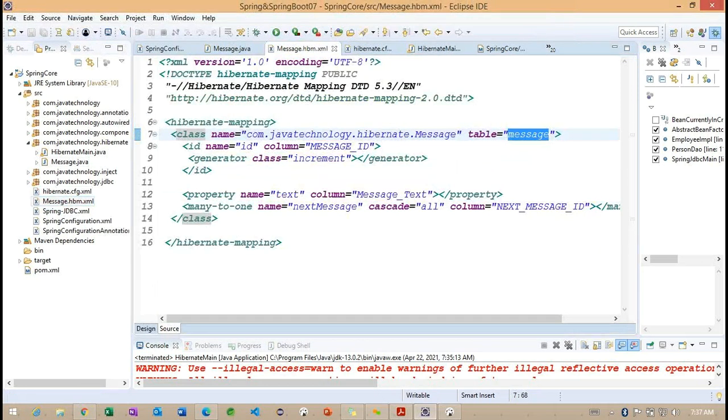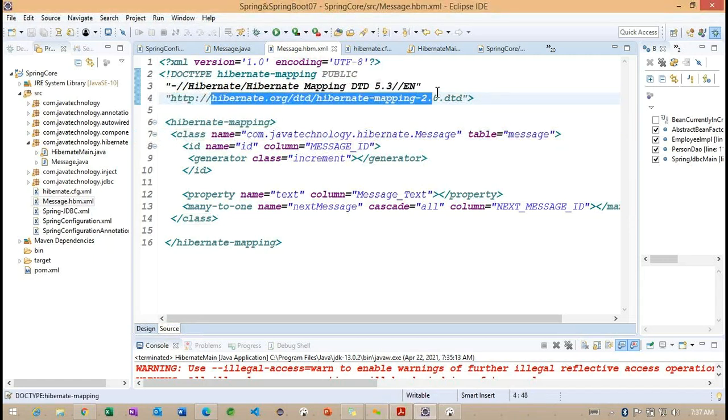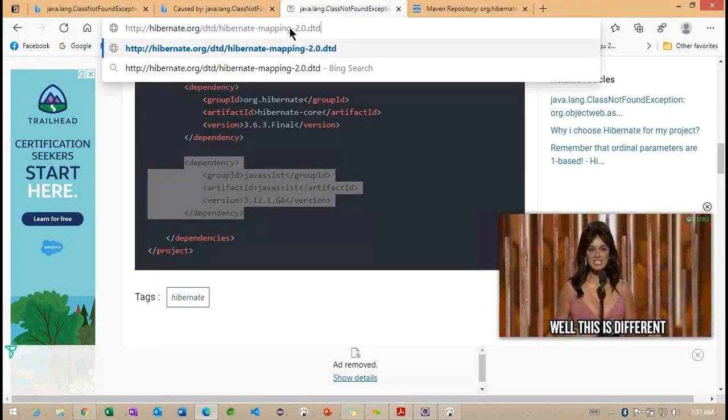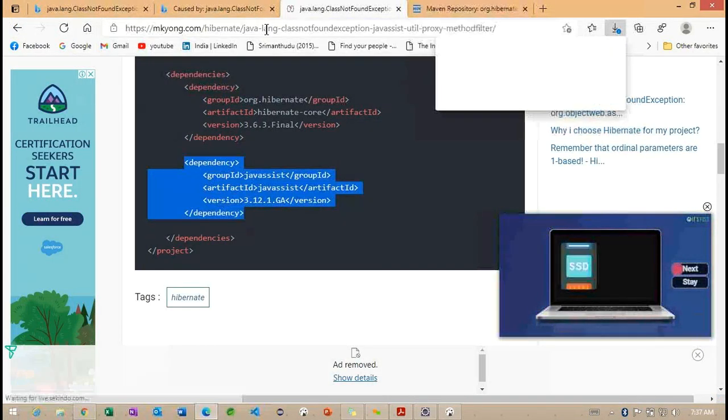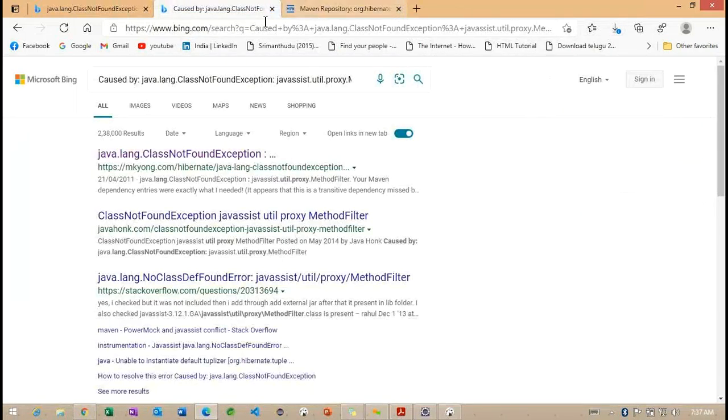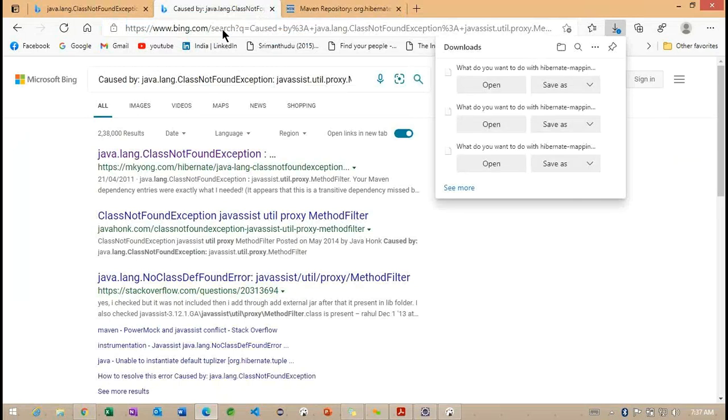Right. So we'll observe more information on this HQL, and we need to discuss more on this mapping file. What exactly will this mapping file contain here? Getting the point. Now we can see we are specifying the Hibernate mapping 2.0 DTD. What exactly does it contain? Basically, this DTD will contain mapping related information. Along with this mapping, let me move on to this. Okay, sorry, the DTD is downloading here.